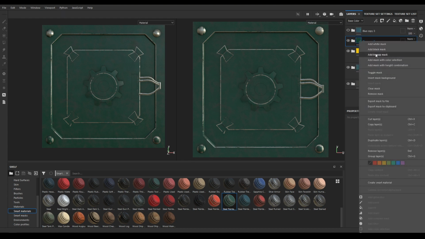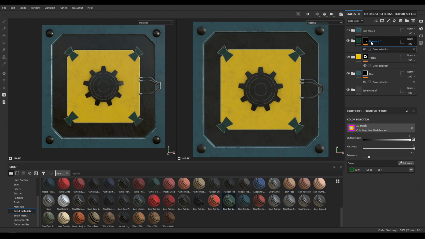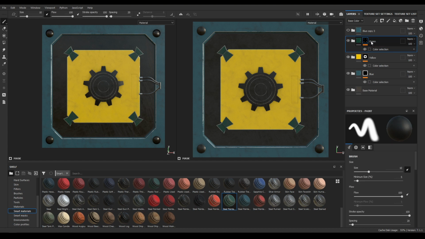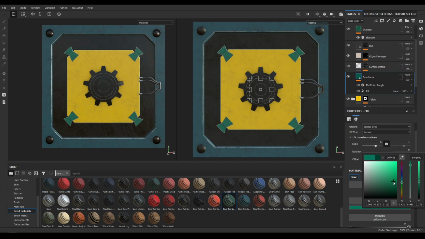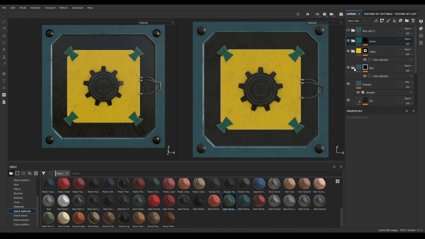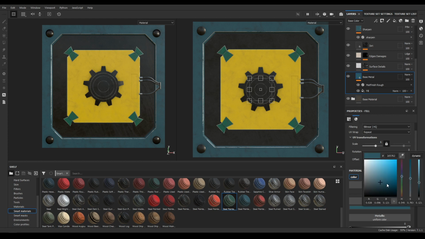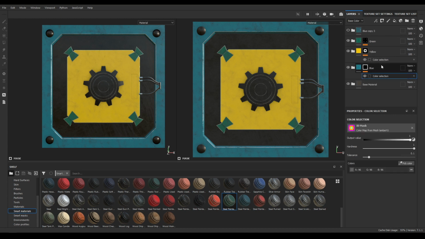And again add mask with color selection. Pick a color, select this green, rename it as green. Maybe let's change it a little bit more. Something like this. Now open your blue and let's change its color one last time. I think this one is much better. So again go to your color selection of this blue and pick a color. Now select this one in the middle